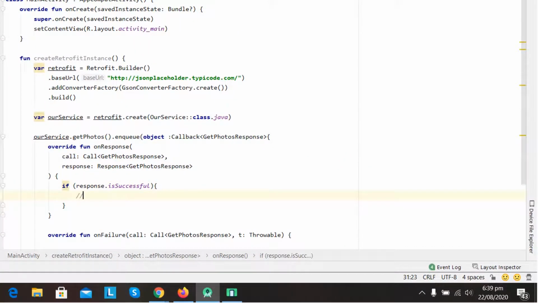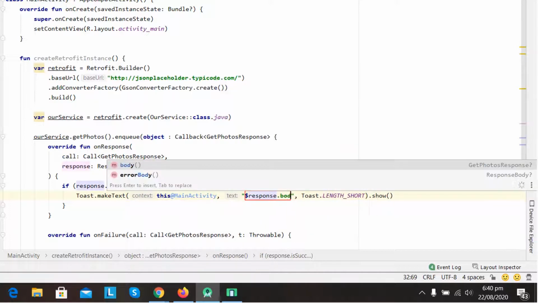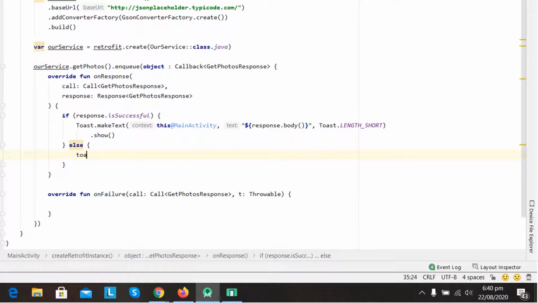If successful, I can maybe toast everything here as response.body, and in case the response is not successful, we can read the response